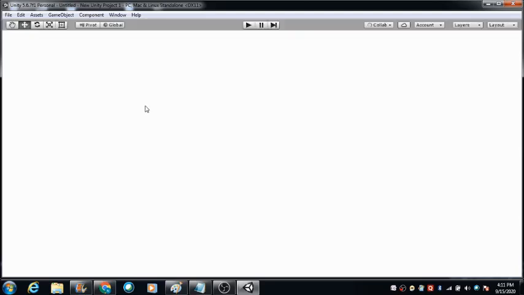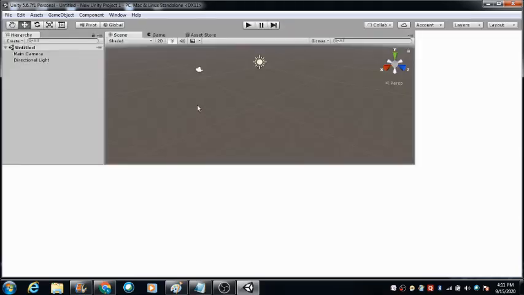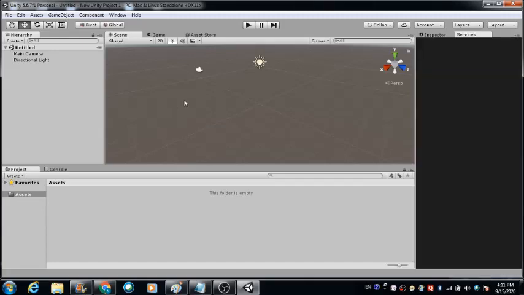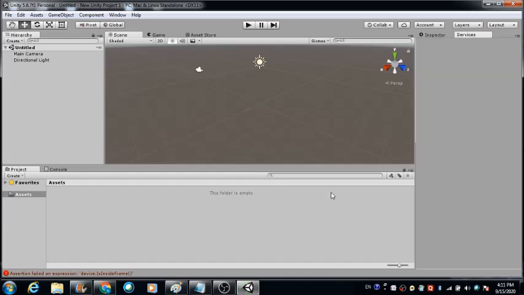Right now the packages are getting uploaded. I think we are almost done. Yep. So this is a complete environment that you will get to see. These are the various windows over here.